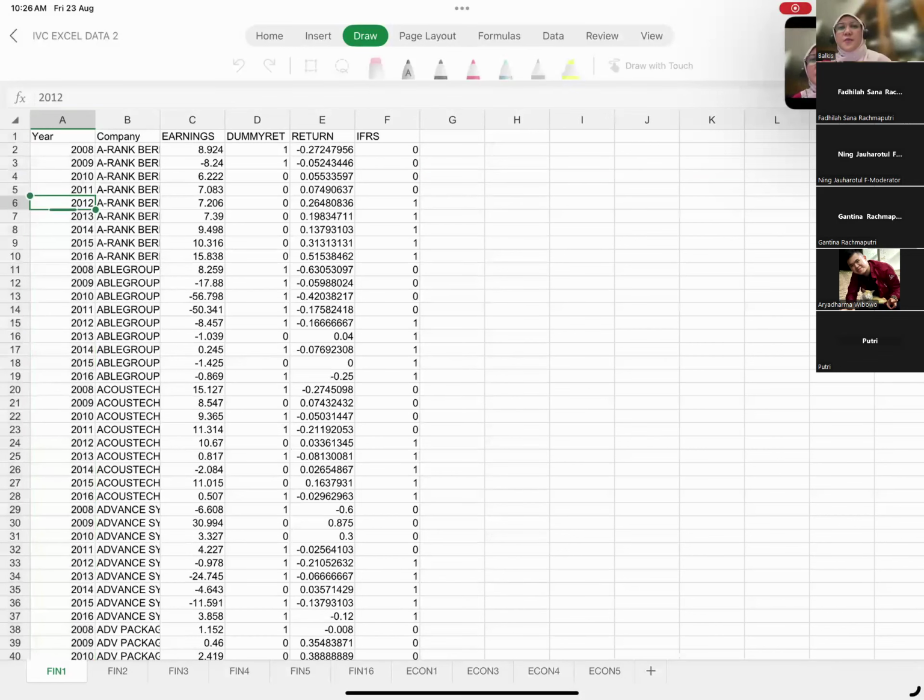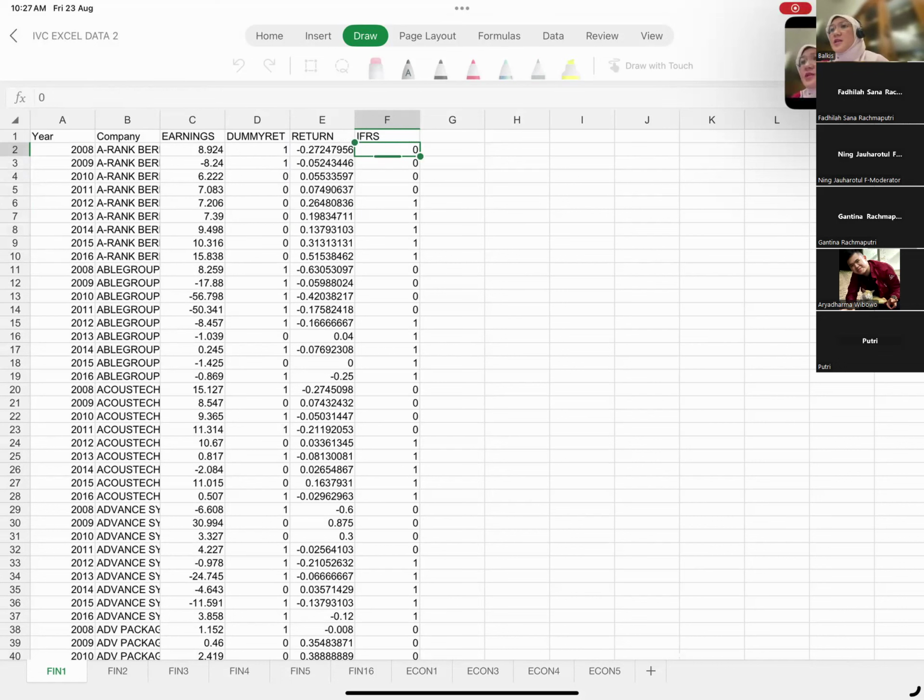If you look at the years, from year 2008, 2009 until year 2016. That is the time period for the first company, where the dependent variable is the earnings. The independent variable is the dummy return. Another one is the return, and then the regulation. The regulation under IFRS,